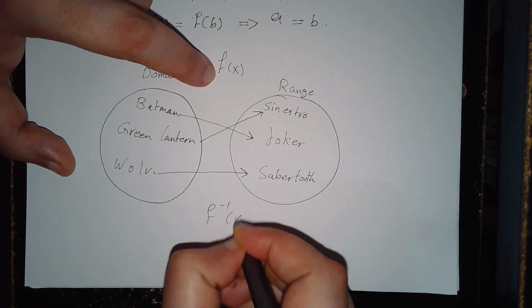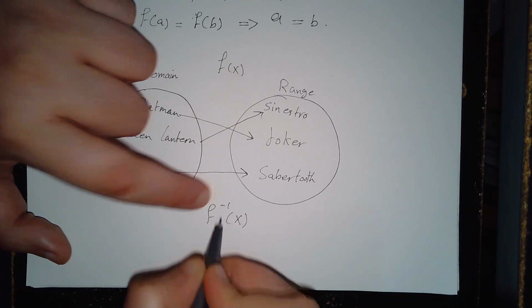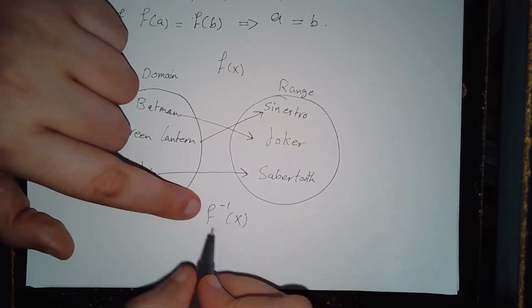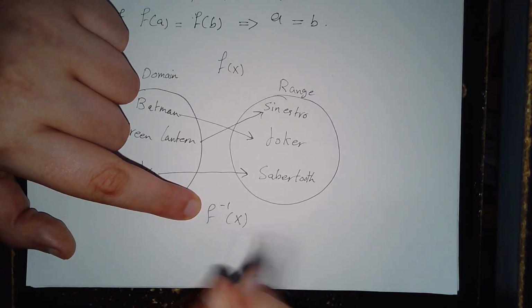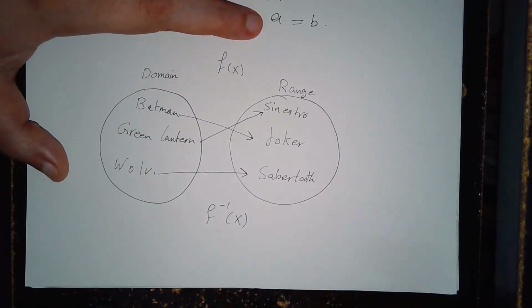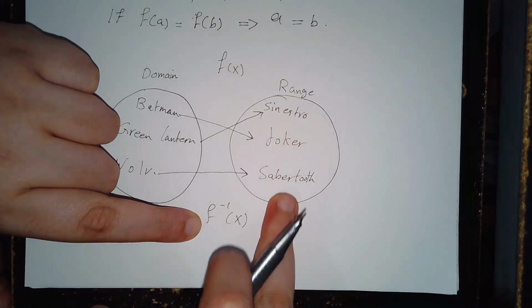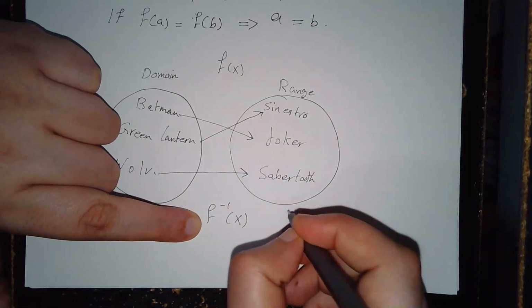So I'm going to write f inverse right here. And this is how you write it, by the way. So you have like a -1 as a power on top right here. This right here is the format to writing an inverse function. So you read this as inverse of f. Okay, inverse function of f. Now, for this one, even though the villain group used to be the range of the function,